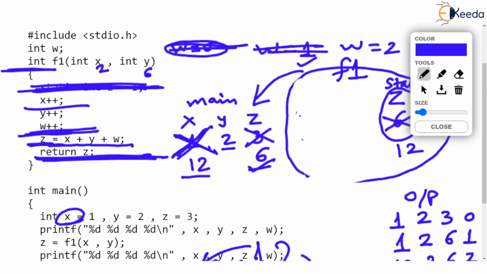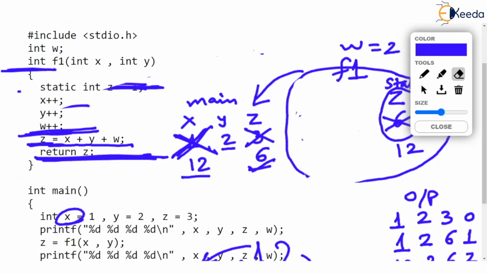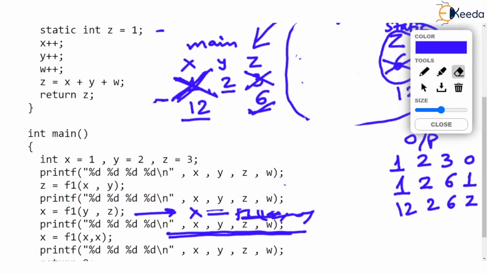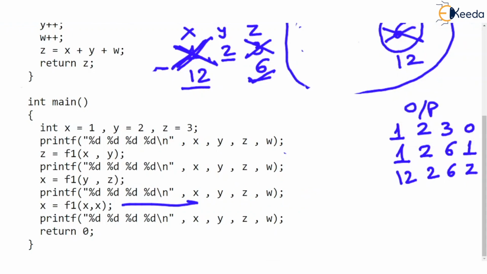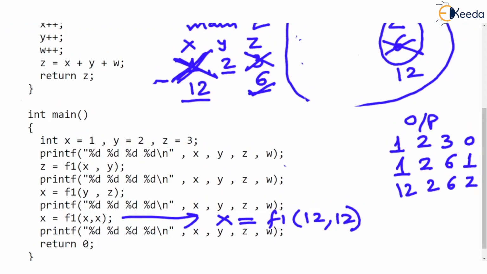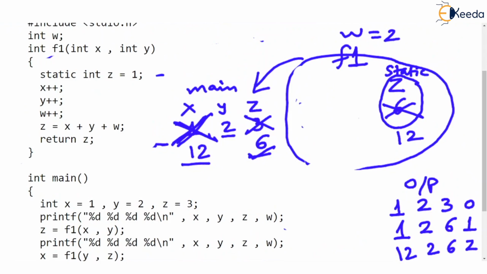Okay. So are we ready for the next call? Here we go. Let me update. Let me clean a few things. So what do you say about the last call in the main here? This line is X should become equal to, call to F1, pass X is 12, pass X again, value of X, which is 12. So when F1 function starts, local parameter X is 12, local parameter Y is 12,